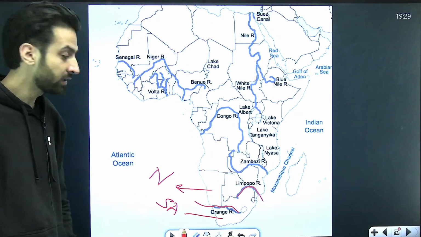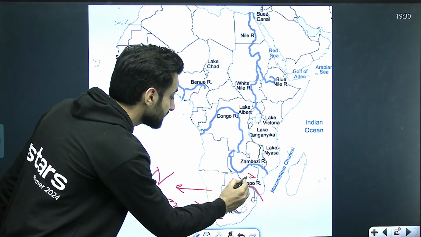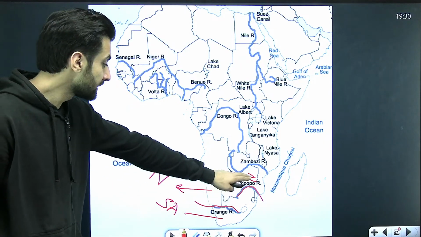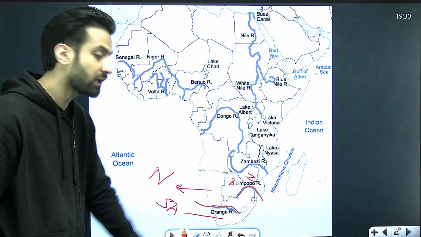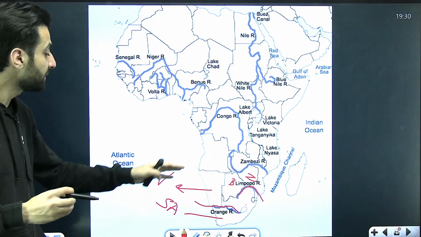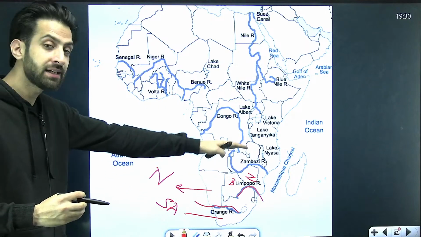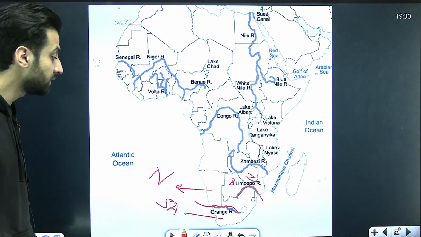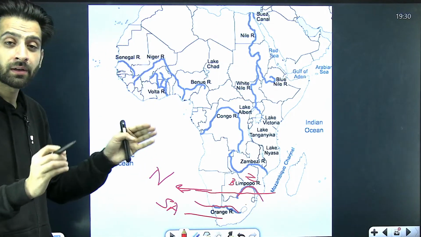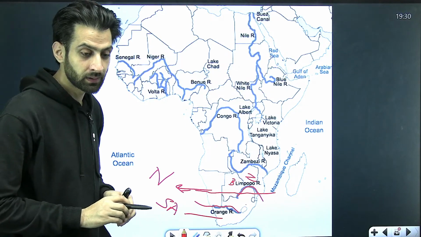Which are the countries that are going along this? This is South Africa again, this is Botswana, and this is Zimbabwe. Okay, this we have already discussed. This is Zimbabwe, this is Botswana, and this is South Africa. So this river separates Zimbabwe from South Africa. It can be asked in your exams, Limpopo separates which countries? So it's South Africa and Zimbabwe. And one other important thing that you need to know about is the Tropic of Cancer passes along this. So the river Limpopo cuts